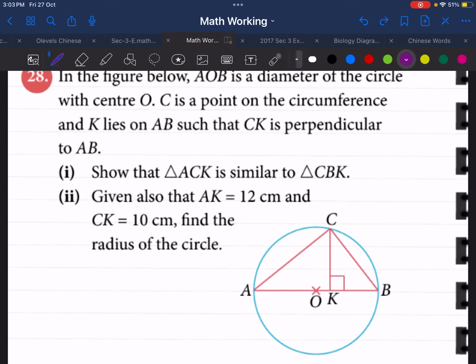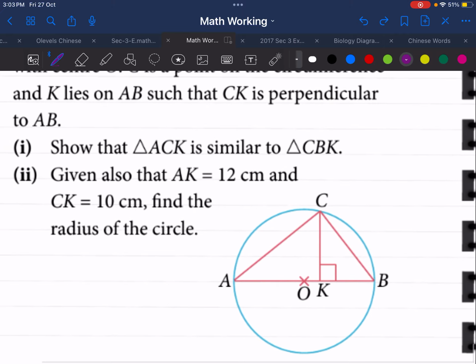How do you show it? It's very simple. If you cannot solve it, take a look at the next few questions. Sometimes the next few questions will give you hints, will give you ideas to solve it. But anyways,